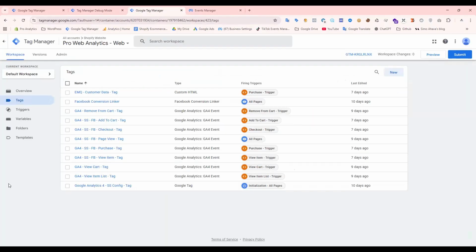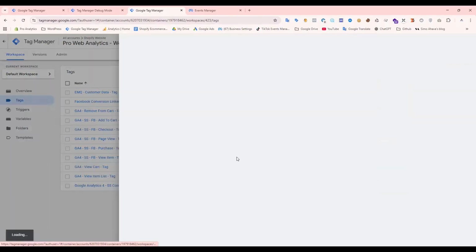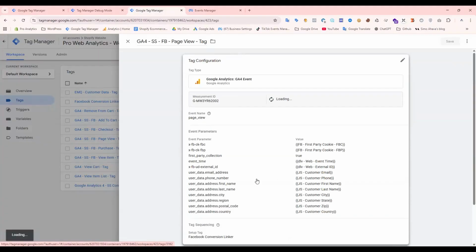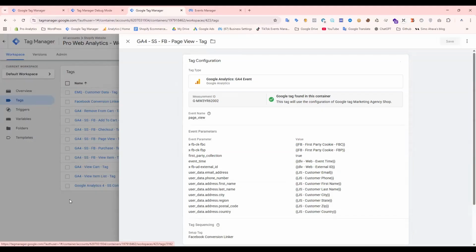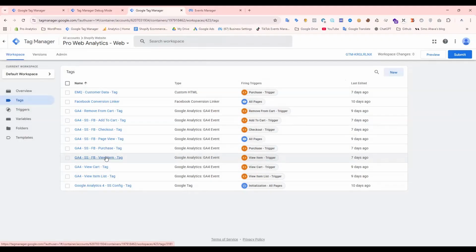And this is my browser container here. I'm sending Facebook parameters through GA4, and you can see this view and my event parameters. I'm also sending user data because it's important for Facebook event match quality. So you can see, and also check view item,